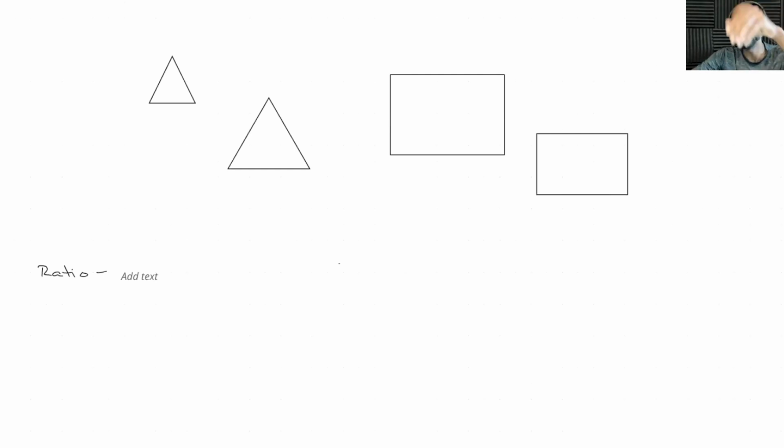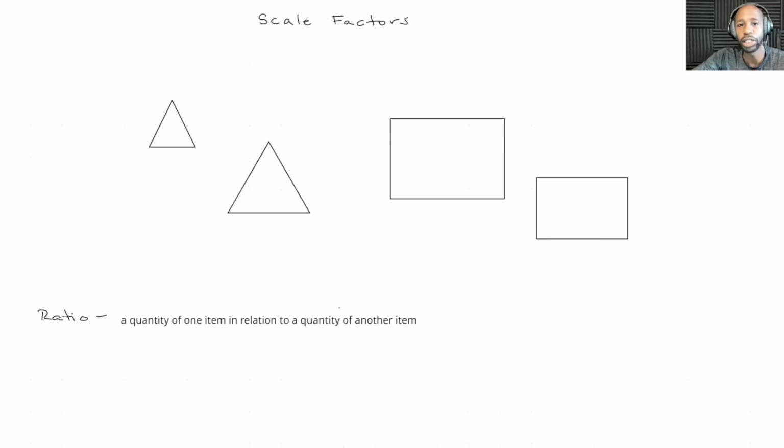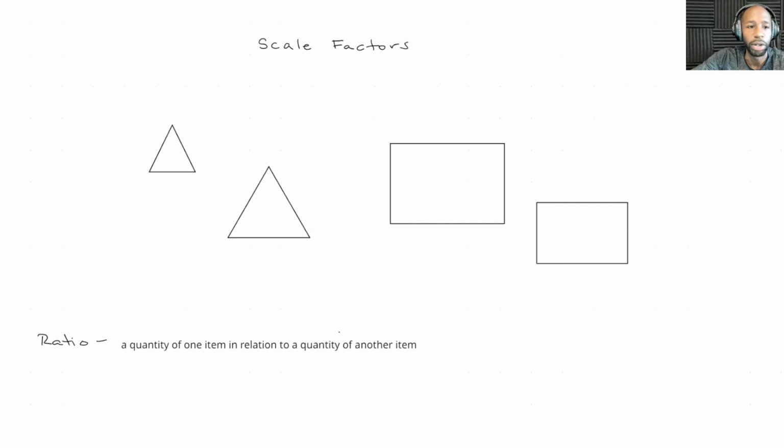So for example, if you have a bowl of fruit that has apples and oranges and you have two apples for every one orange, or eight red grapes for every five green grapes, that's like the ratio of a quantity of one item in relation to the quantity of another item. Now, if we are talking about proportions,